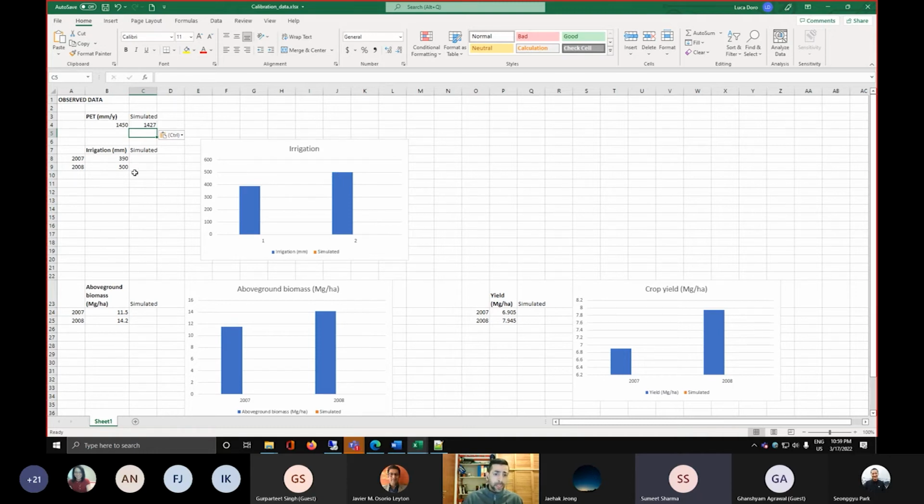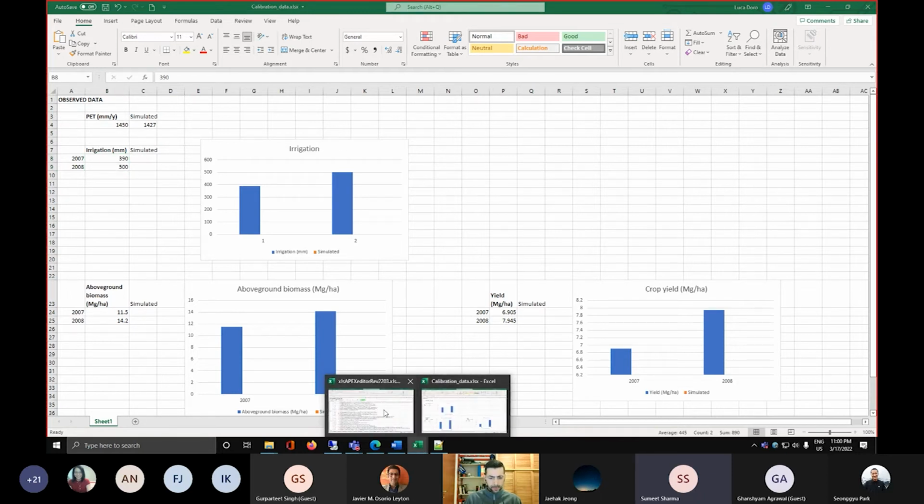Now, in the publication that I used to create this exercise, they provide information about the irrigation. Let's say they say that they set up the irrigation according to the evapotranspiration that was estimated. So I tried to create an irrigation scheme that was close to these values. So what can I do to understand if the irrigation I have created is close to these values? I can go back to my tool,